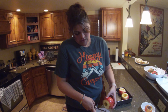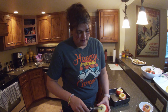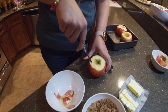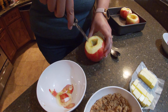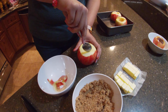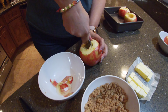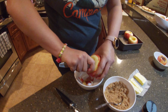So do one little swath around with your peeler, and then I use the tip of the peeler to go in and make a little circle around. Now I'm not actually digging it out with the peeler because I could very easily let it slip and hurt myself, and I'm not into that. So I use a spoon to go in there and dig a little further. What you're actually looking for is to dislodge the core,